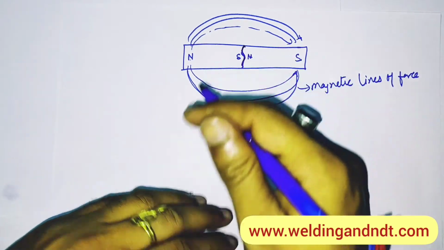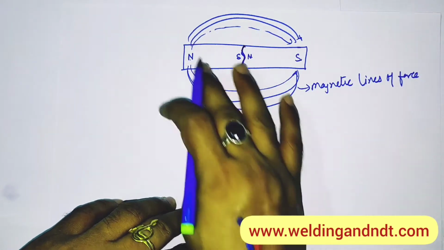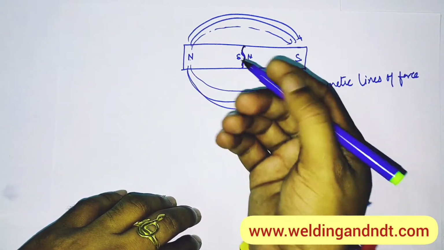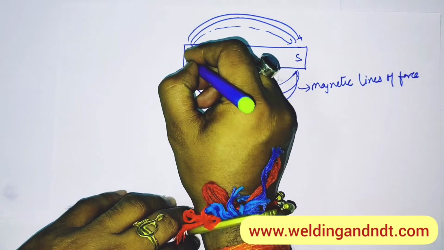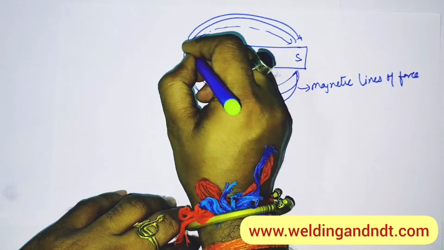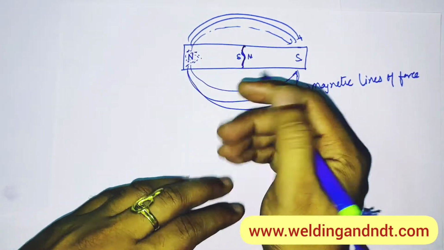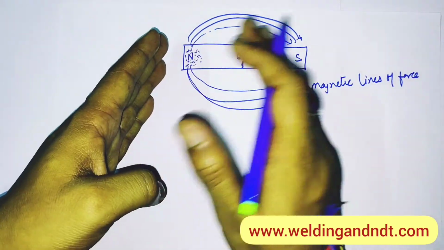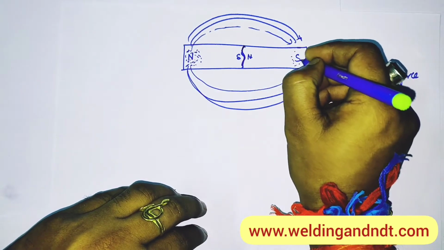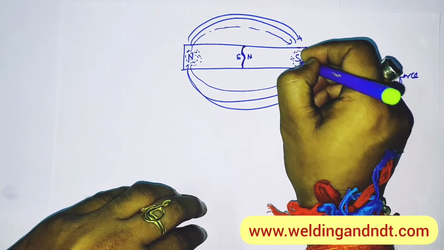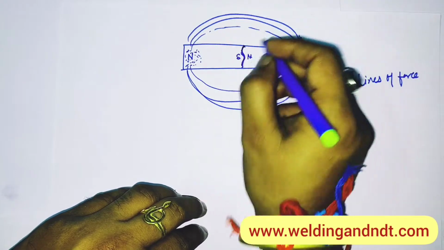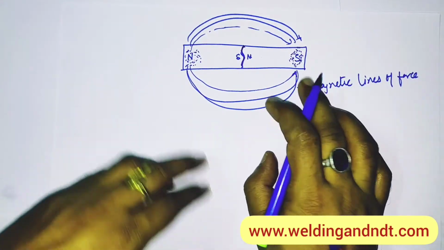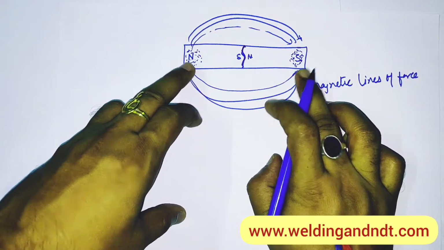Now what happens if I spray iron powder on the magnet? What will happen if we spray iron in powder form? Then the powders are accumulated at the poles. This is a general phenomenon: if you spray powder on the magnet, it will get accumulated at the poles. Most of them will get attracted at the poles, and some will get aligned with the magnetic lines of force. So like this, the powder will be accumulated.